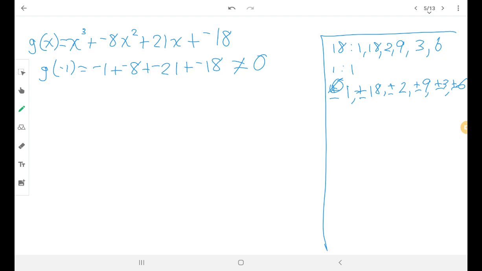I am just going to type in exactly what I had here. I'm just going to type in g of x equals, and then x to the third, minus 8x squared, it's a little bit quicker, plus 21x minus